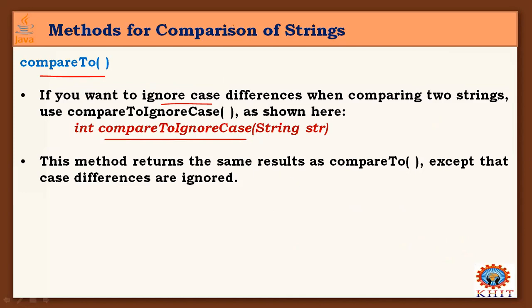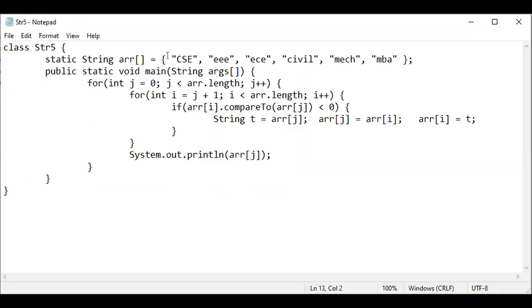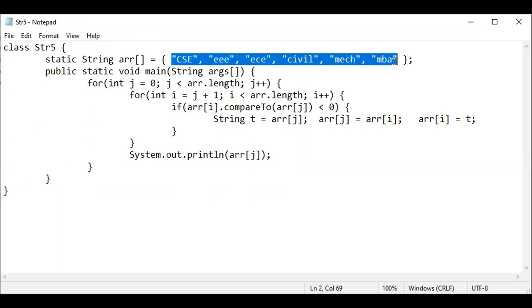Let's go to the execution part. For your understanding, I have taken CSC as uppercase and the remaining words in lowercase. What should the order of these values be when we apply sorting? The first one should be civil, then CSC, then ECE, then triple IT, MBA and mechanical.